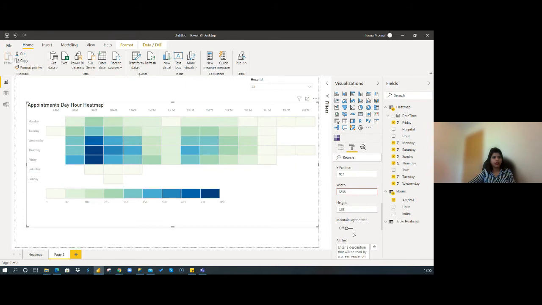Someone's asking how the heat map visual works when it's published to the service. I imagine it works exactly as it works here. Even if it's a custom visual, when you publish it, it takes that visual with it, doesn't it, Sheba? Yeah, I think so. So hopefully that does work in the same way. Do you get any different functionality once it's published to the Power BI service, Teena? No, it does look like it does here. Yeah, brilliant.